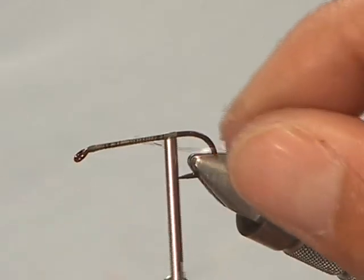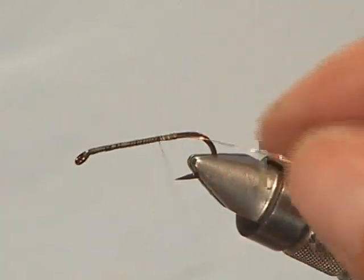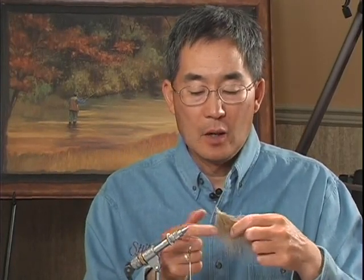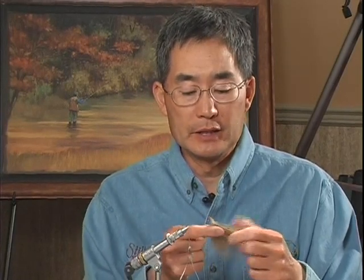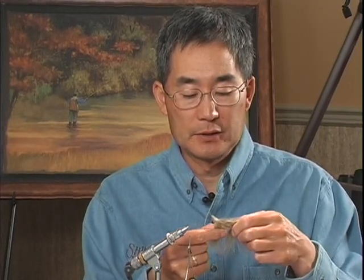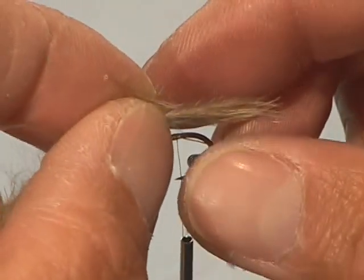Rib of this fly is going to be regular copper wire, fine copper wire in the regular, not in red coloration, just in regular copper wire. So tie that in. And then we're going to take our strung marabou, and we want to use strung marabou versus woolly bugger marabou because we need the longer fibers of the marabou because we're going to spin and twist the body to make the body. So marabou like so,